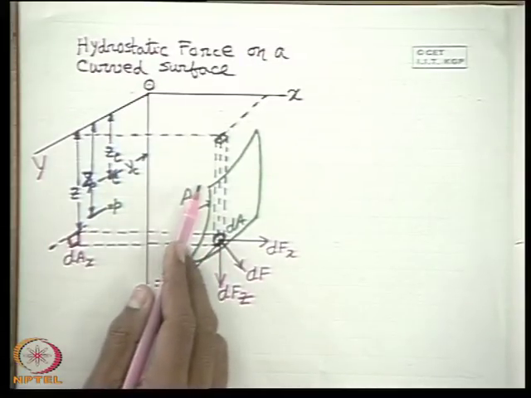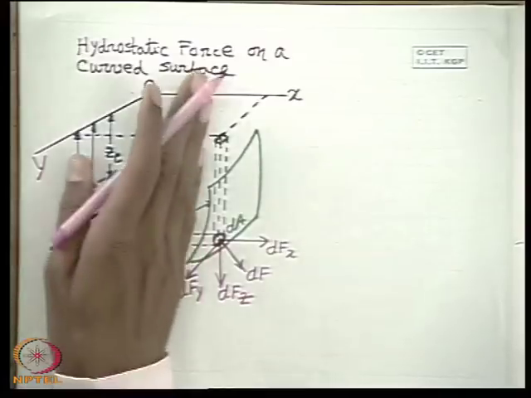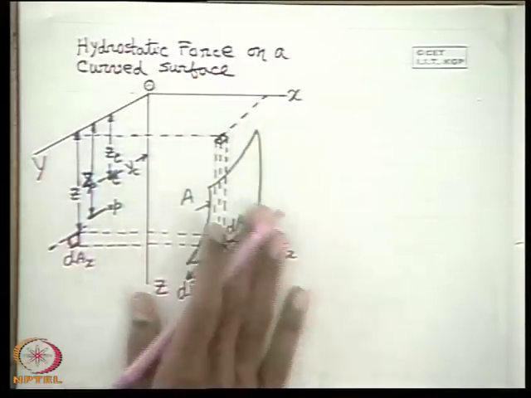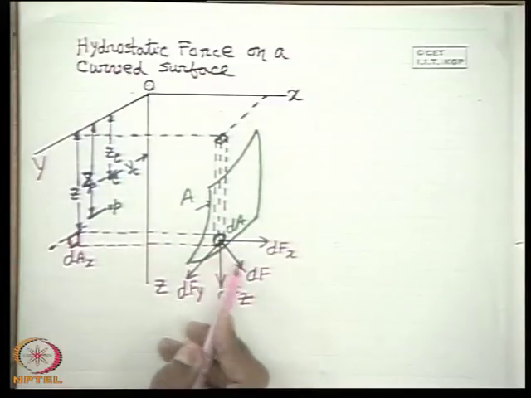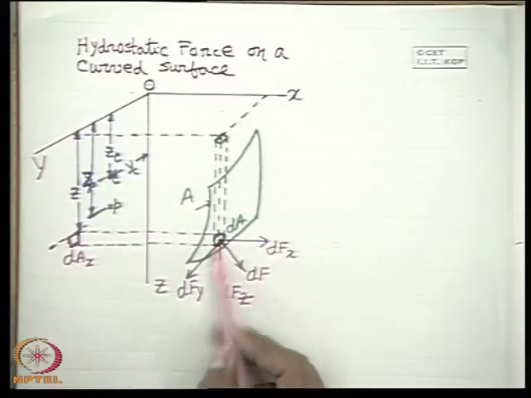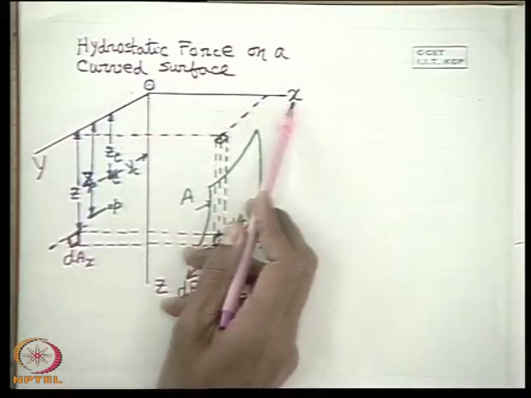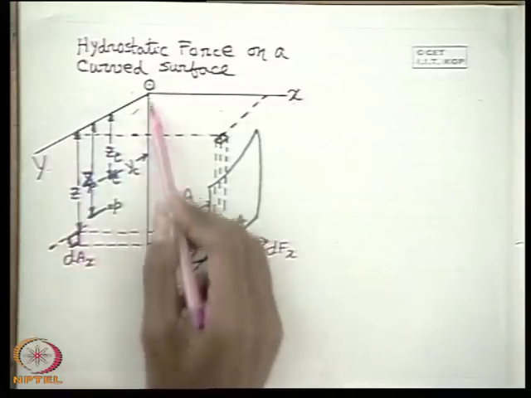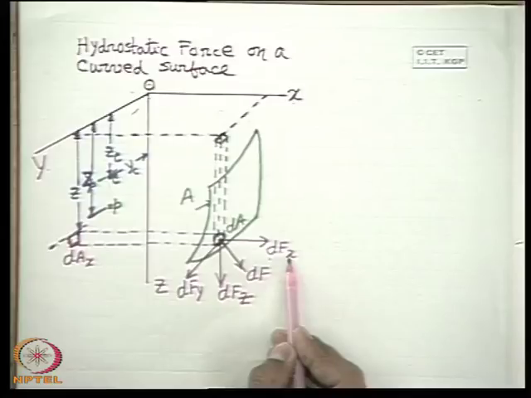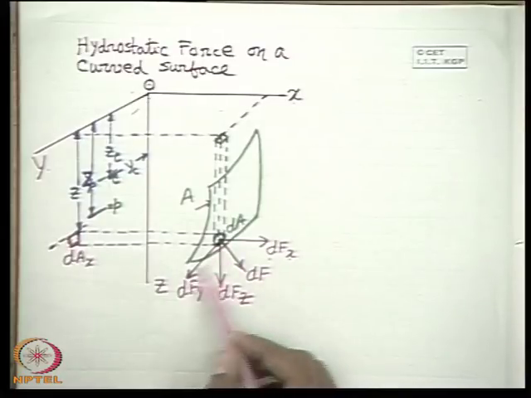If we consider the force acting by the liquid on this side, I have told only one side we will consider, the other side we will consider as if open to atmosphere, then this pressure force dF is normal to this area. Now this force can be resolved into three directions with respect to this frame of reference OX, OY and OZ. Accordingly dFx is the x component, dFy is the y component and dFz is the z component.